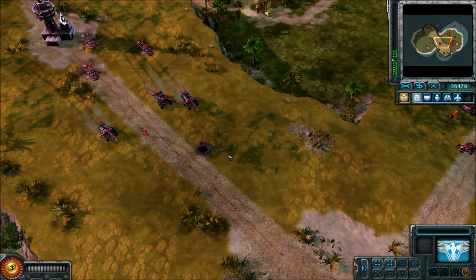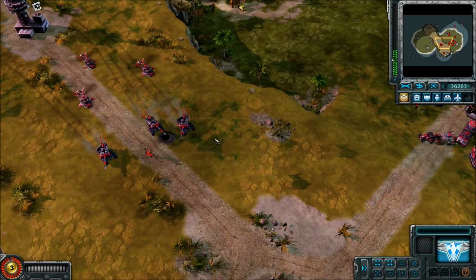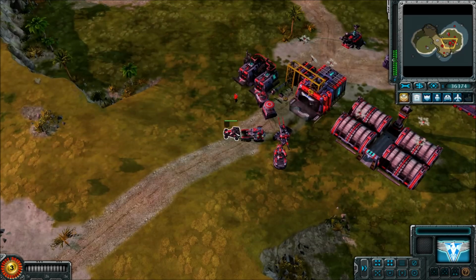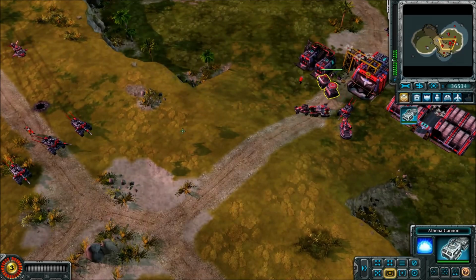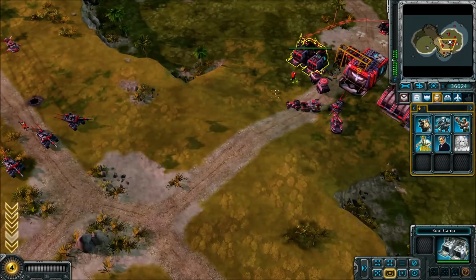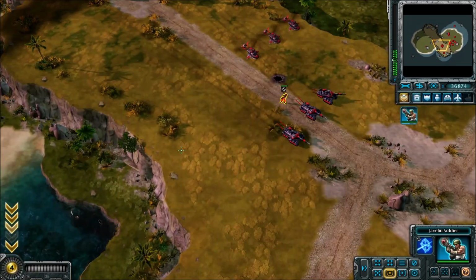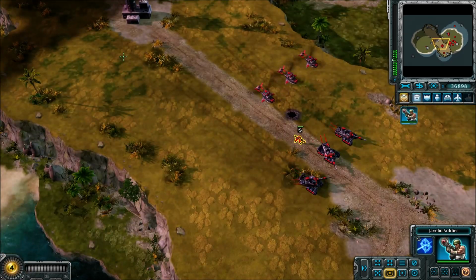It's going to be making a formation just like I did here, right? There is also an option, for example, for the Javelin Soldier, if I